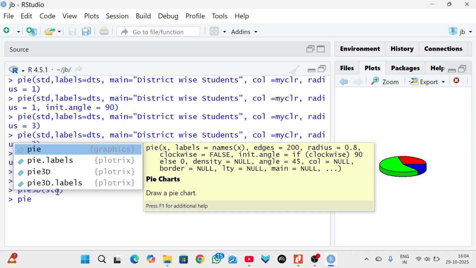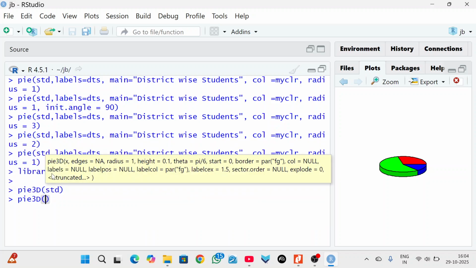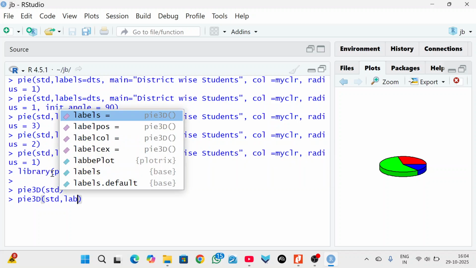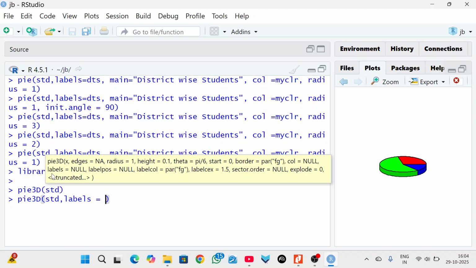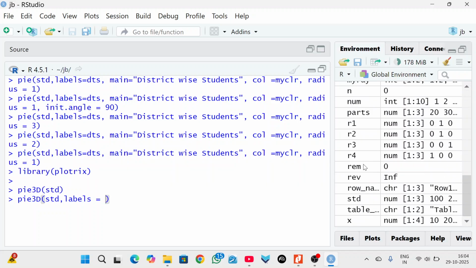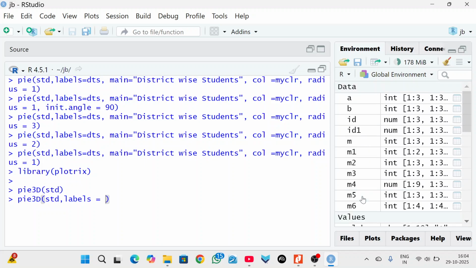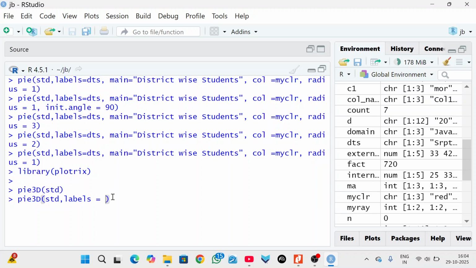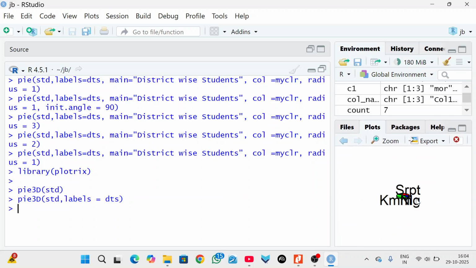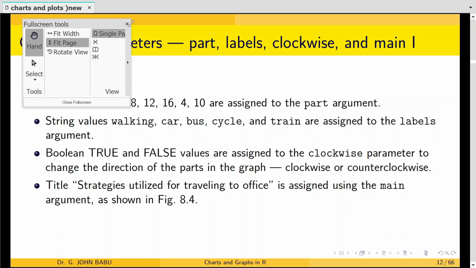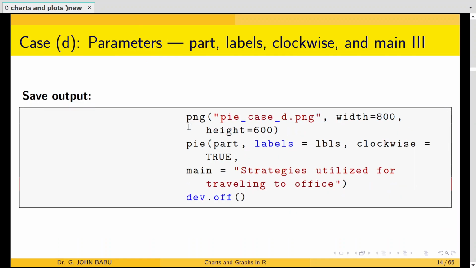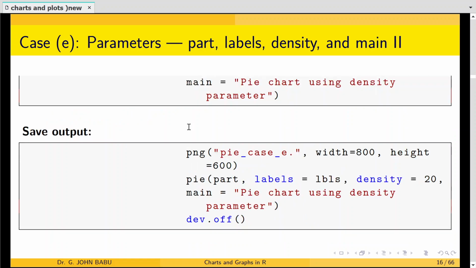Pie3D students, then labels what we have given, DTS, right? So this is about pie chart and 3D pie chart. We can play with the things. Then we have